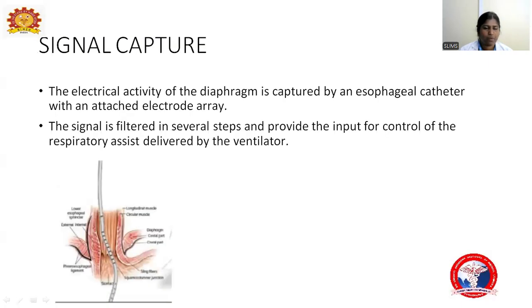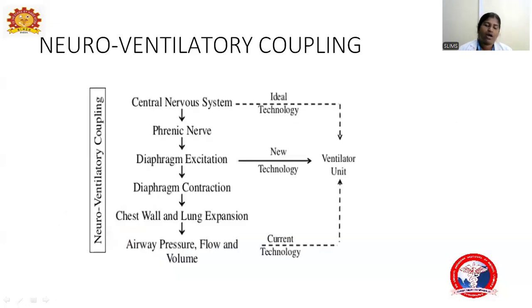identification. Signal capture: the electrical activity of the diaphragm is captured by an esophageal catheter with an attached electrode array. The signal is then filtered in several steps and provides the input for the control of respiratory assist delivered by the ventilator. So how this works is,